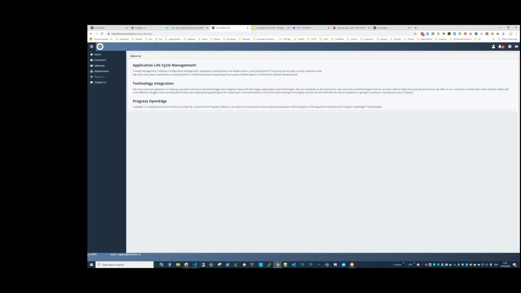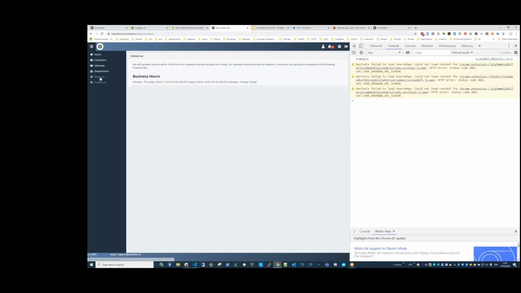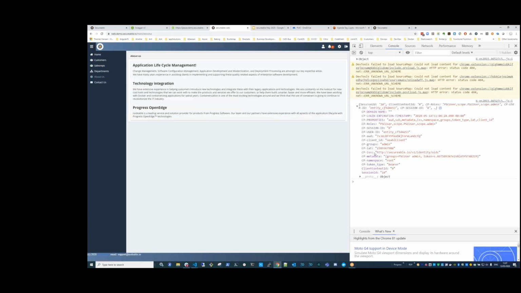If I go to here and look at the About Us page very quickly, if I jump back again, we have a small web handler API just to show the data that is available on the ABL side of this equation. So once we logged in, you'll see here this is some session information that we're showing from the client principal, and we can see the identity of the user. We've got the different groups that I'm a member of.